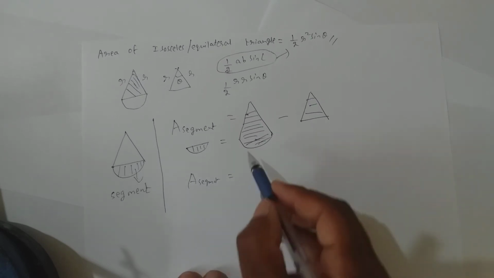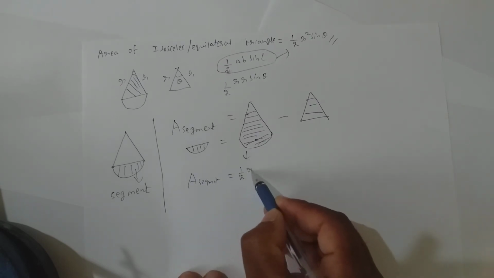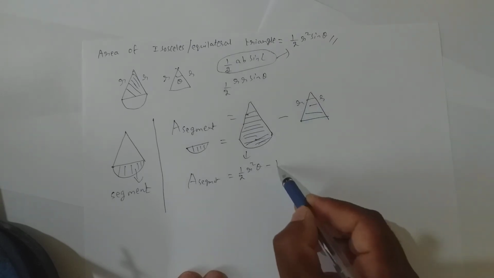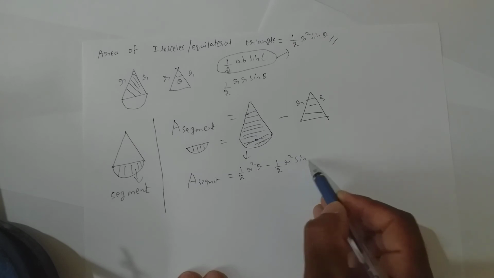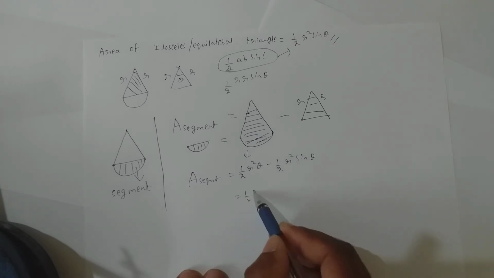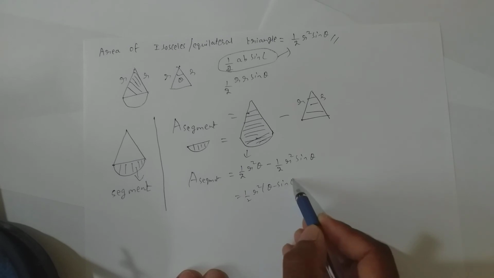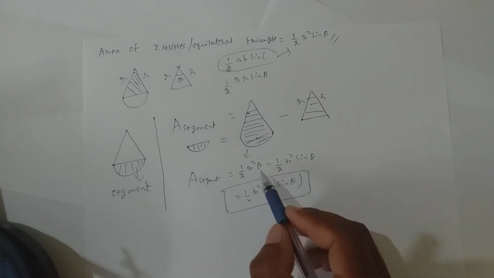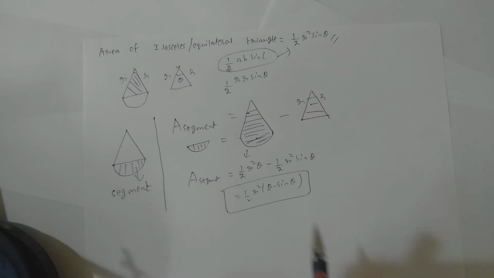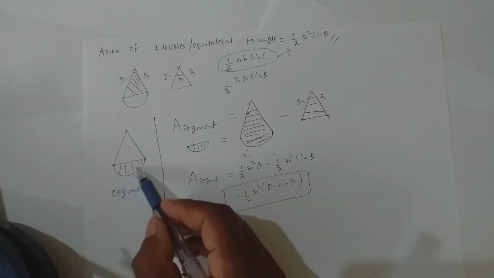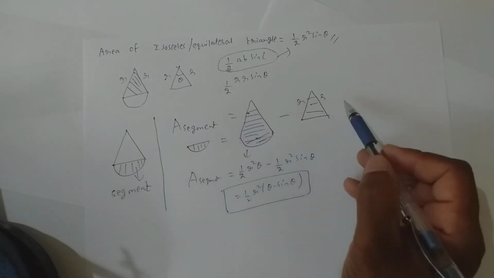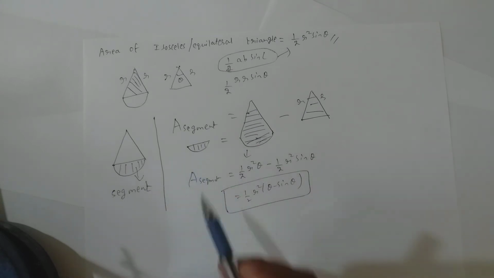Now what is the formula that I get for the area of segment? It is half r squared theta for the sector, and the area of the triangle, it's an isosceles triangle, is half r square sine theta. So which is nothing but half r square into theta minus sine theta. Whichever formula you would like to use, either this one or this one. Am I clear with the concept? Segment is nothing but this part. How do I get this segment? From the entire area of sector, if I remove the area of triangle, I get the segment area. Am I clear so far?